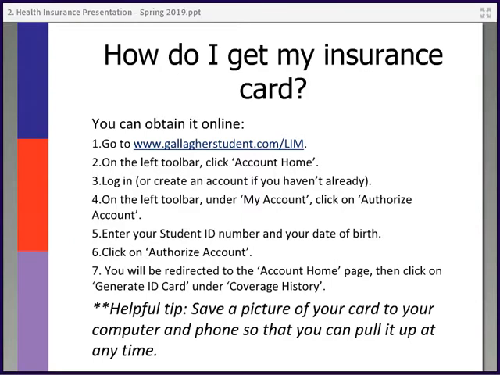You can access your insurance card by going to gallagherstudent.com/LIM. You'd click on Account Home in the left toolbar. If you've never logged in before, you'll need to create an account in order to log in. And then once you are logged in, under the My Account link, you can click on Authorize Account. You'll enter your student ID number, which you can find on your student ID card, and your birth date, and then click on Authorize Account. And that will redirect you to the account homepage, where you can click on Generate ID Card under the Coverage